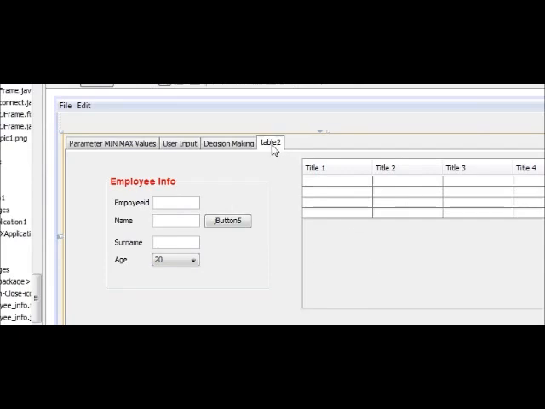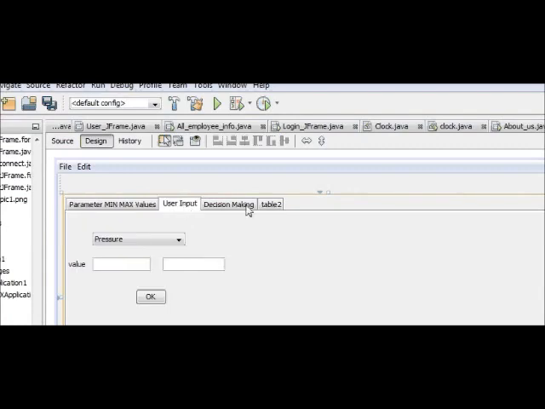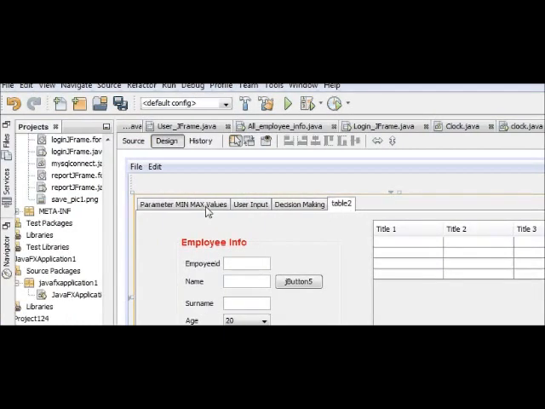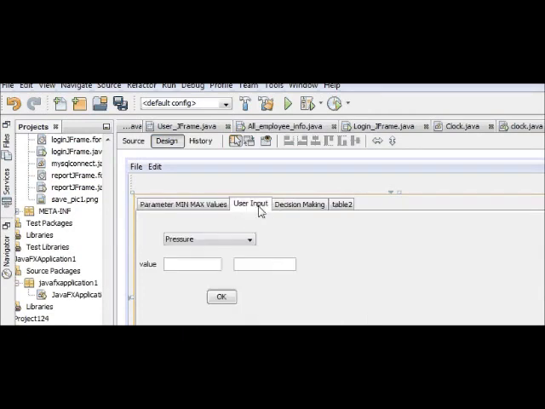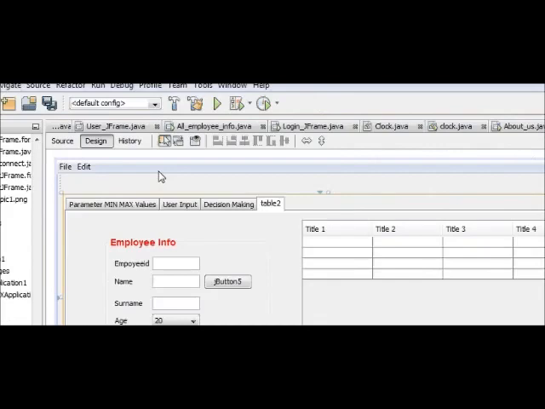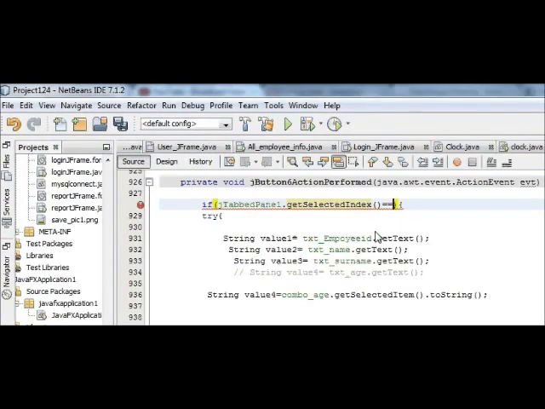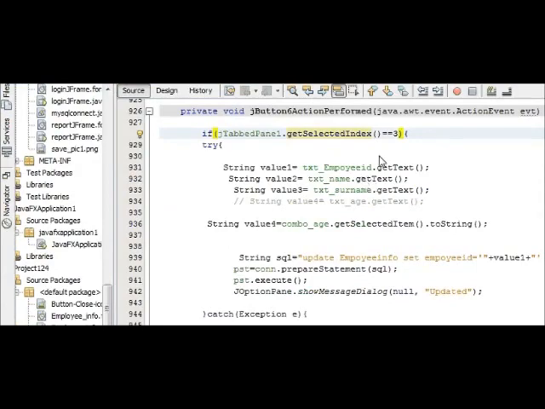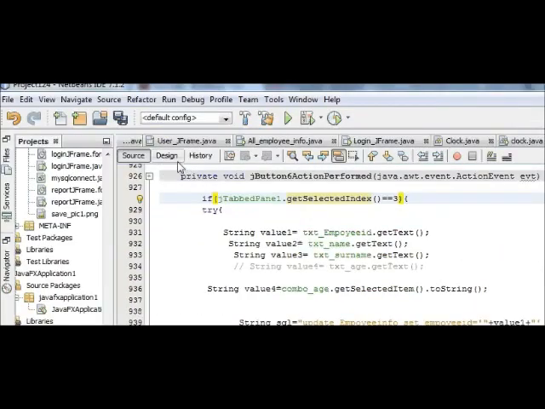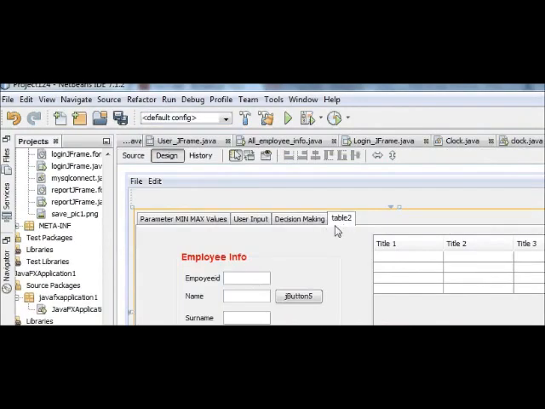Index starts from 0, so this is the 0th index, this is 1, this is 2, and this is the third. So I will write index number 3. This code means that if you open the third index,